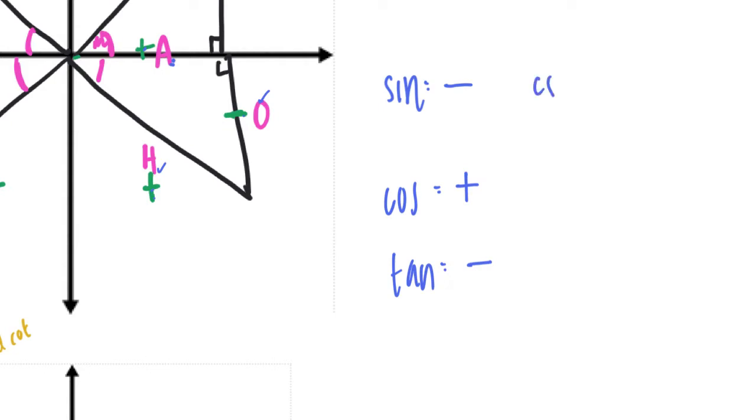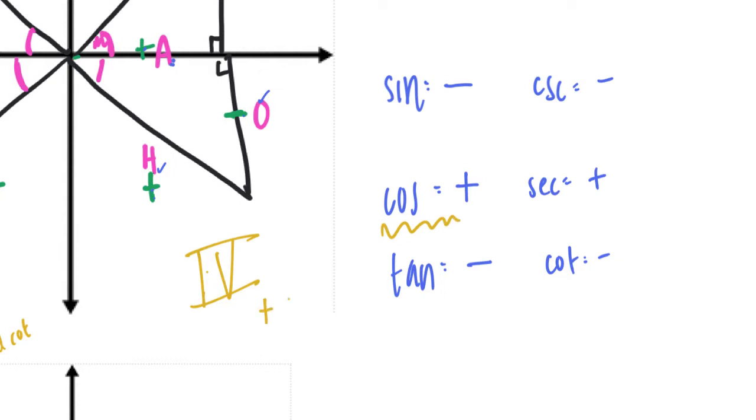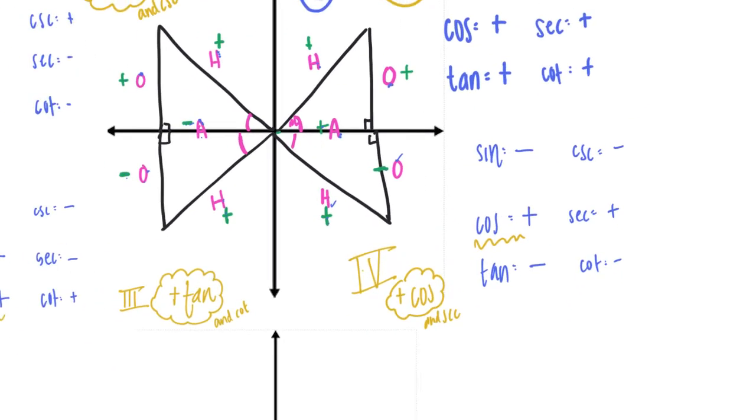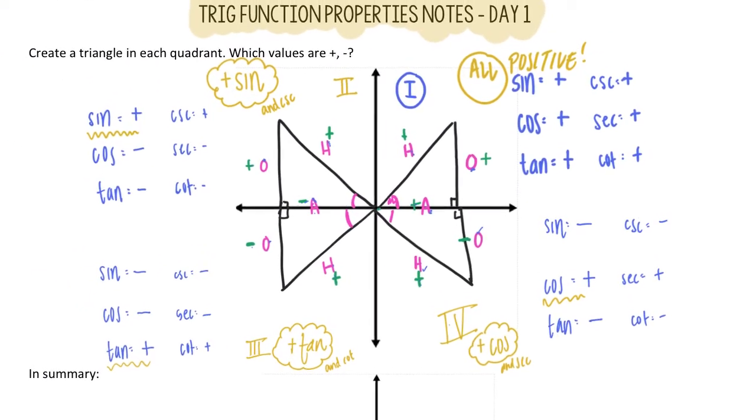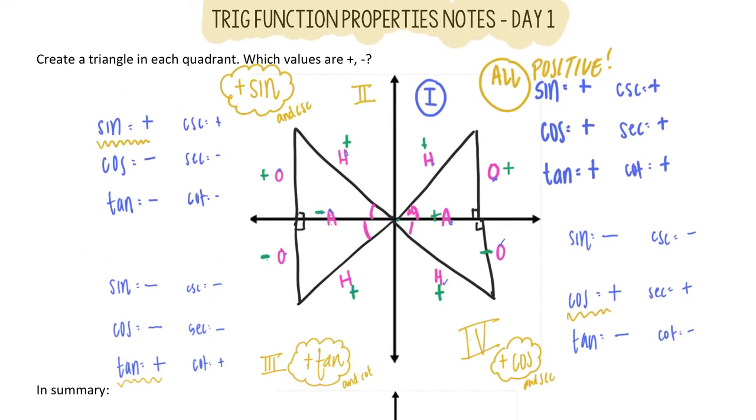And tangent, opposite over adjacent, would be a negative value divided by a positive value, so it would also be negative. We know the reciprocal buddies would follow suit. So, in the fourth quadrant, this is our fourth quadrant, our last one, we get a positive cosine. And secant. I'm going to zoom out, make sure you've gotten each of those pieces of information down, cueing into the fact that